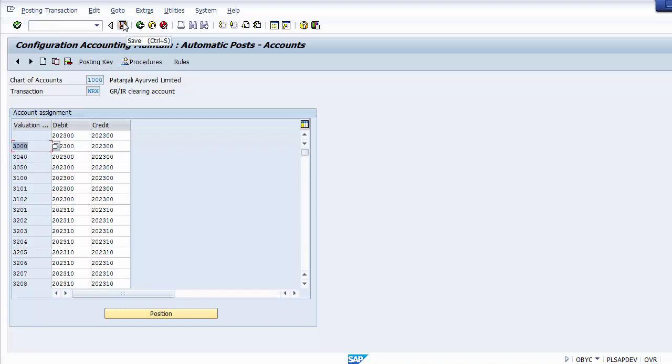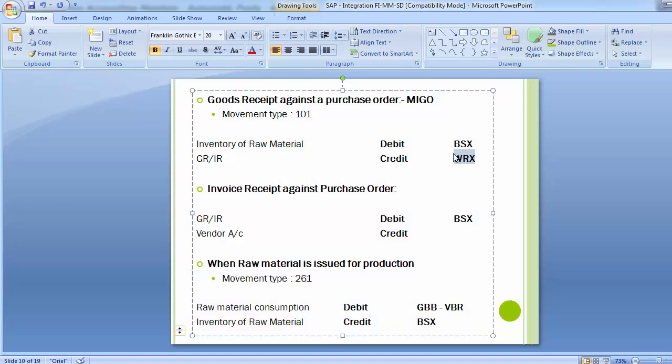Normally we have only one GRIR clearing account for all the different purchases done in the module. A very important point is that every accounting entry with respect to a material will have an impact on the inventory, and that is why it will hit the transaction BSX in the first part.